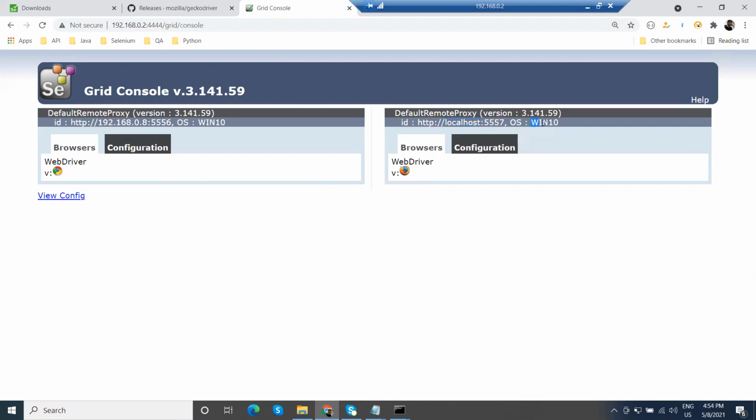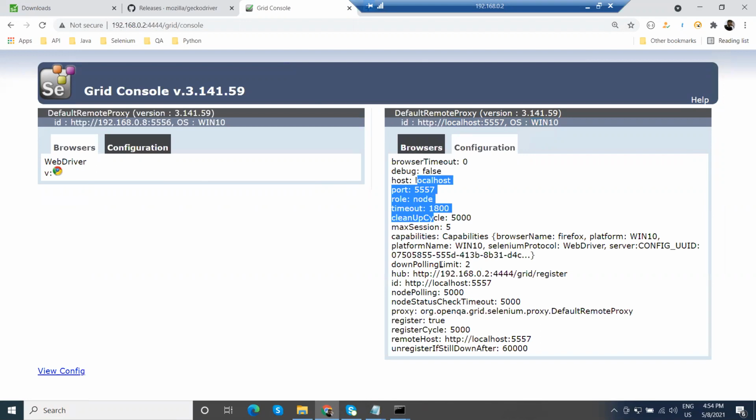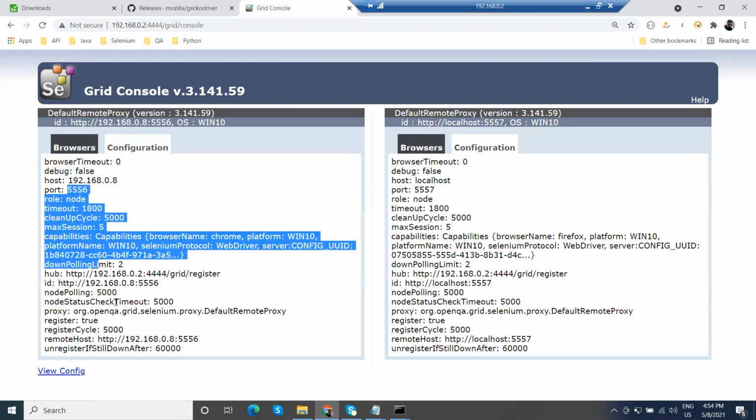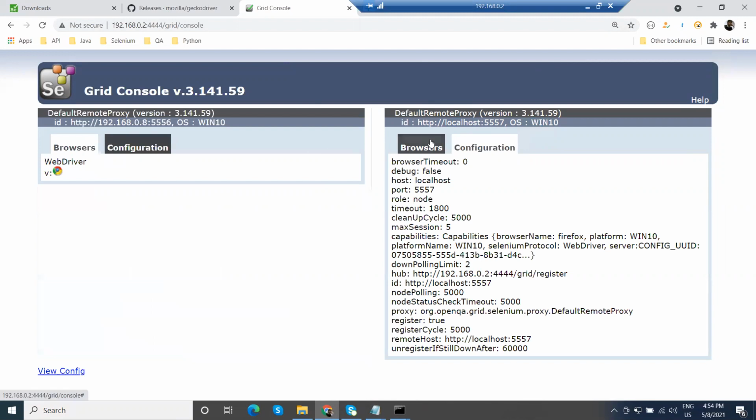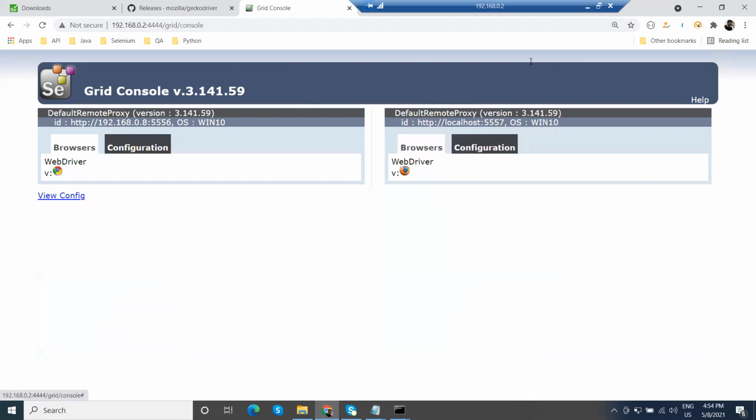Same machine, Windows 10, browser is Chrome or Firefox. If you go to configuration, you can see all the configuration details here. Similarly, we can get the configuration detail of the node here. Now what I am going to do is run the test in parallel on both browsers.